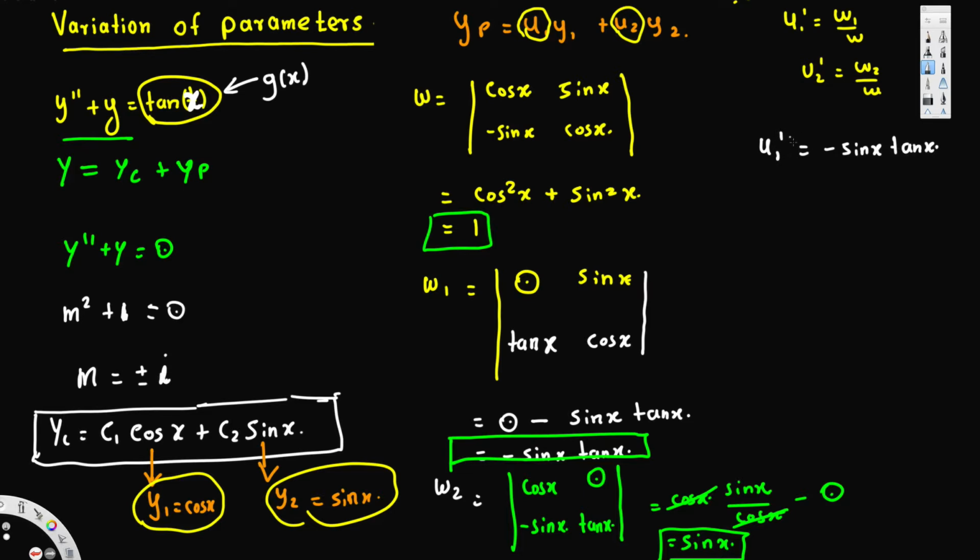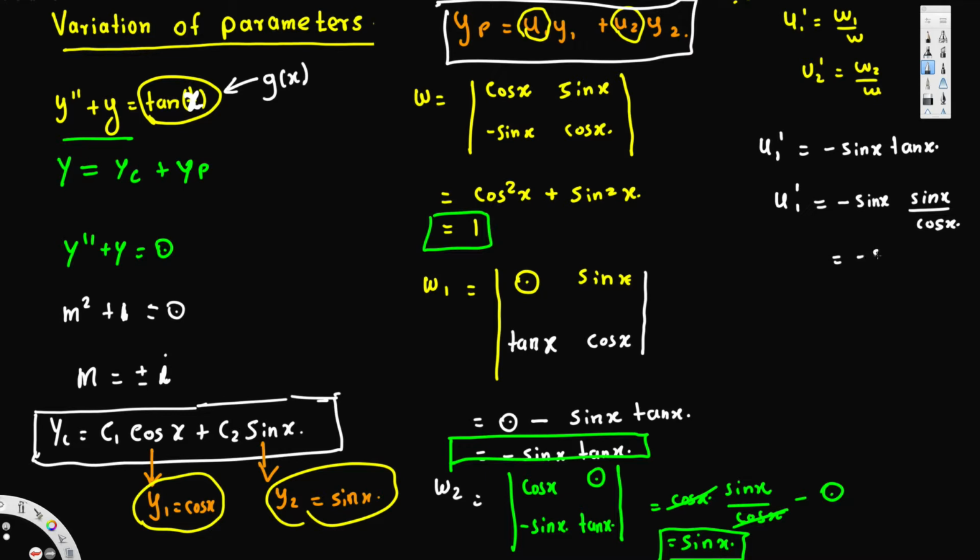Now we have to integrate this one to find u1, because in the particular solution we had u1 times y1 plus u2 times y2. So whenever we have u1 prime, we have to take the integral of this one to get rid of the derivative. To find u1 we integrate this one, but the easier way is to change the form, like minus sine x. Instead of tan x, I put sine x over cos x, because if you expand tan x, that's sine x over cos x. Now this is going to be minus sine square x